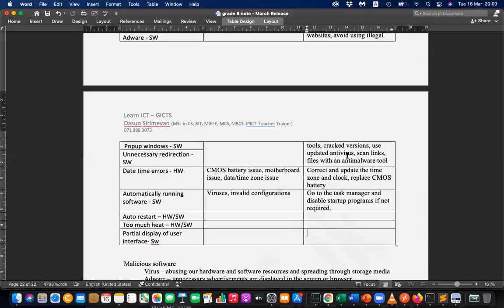Then auto restart and too much heat. These are some other issues. Because of too much heat, auto restart can happen. Causes can be too much heat, or maybe a processor issue or cooling issue.